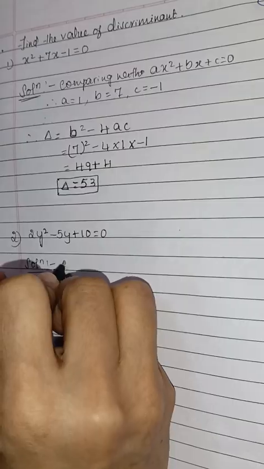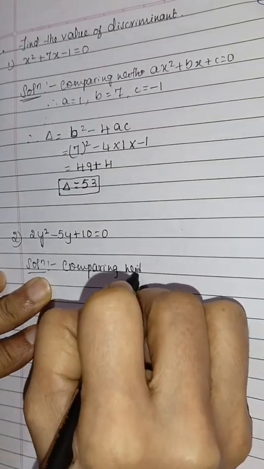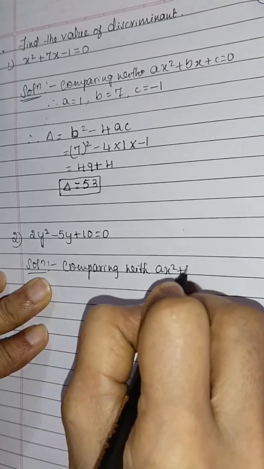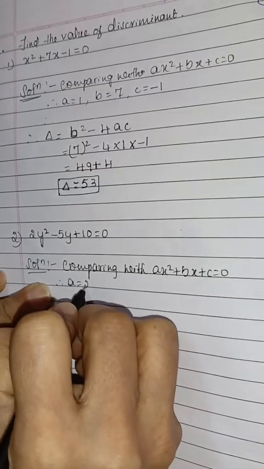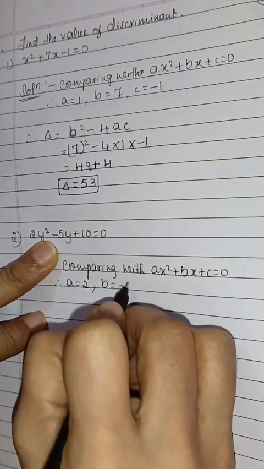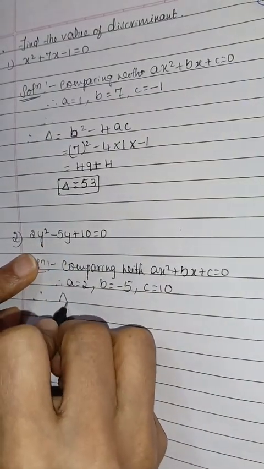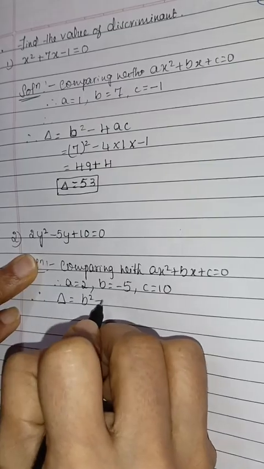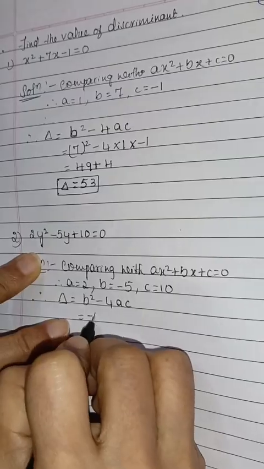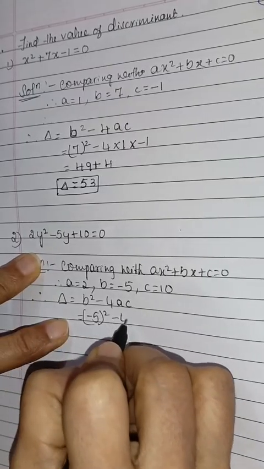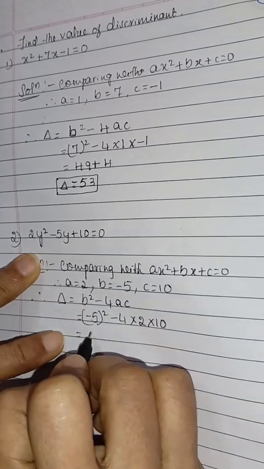Second one is 2y square minus 5y plus 10 equal to 0. Therefore solution is comparing with ax square plus bx plus c equal to 0, standard formula. Therefore a is 2, b is -5 and c is 10. Therefore delta, that is b square minus 4ac, that is b square is -5 whole square minus 4 into a is 2, c is 10,